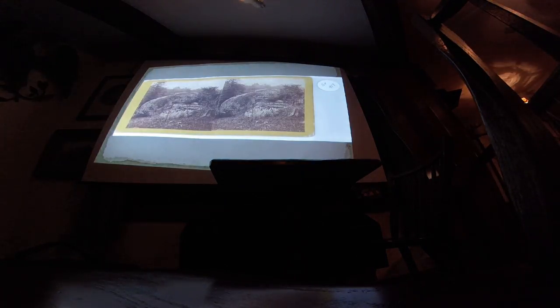So here is one of the views at Devil's Den. And here is one of the Tyson